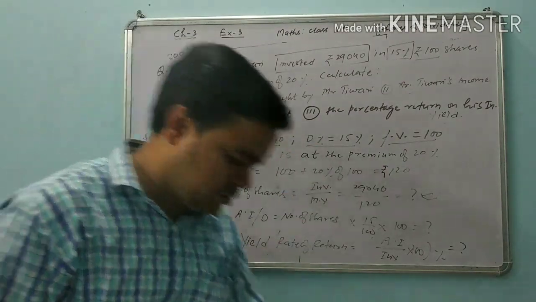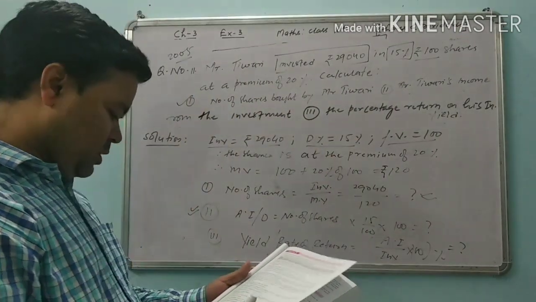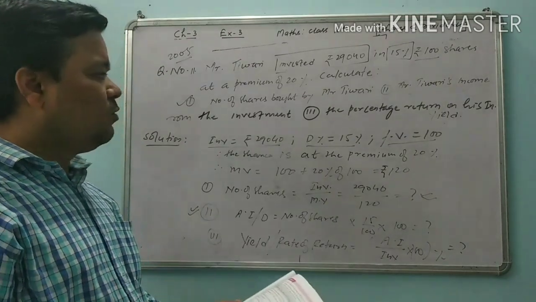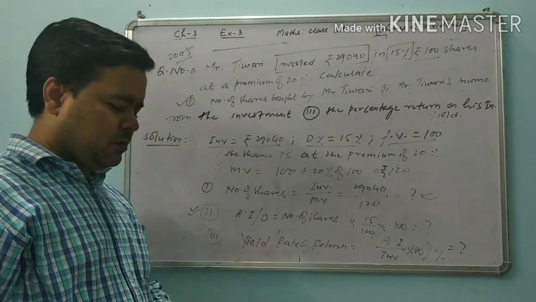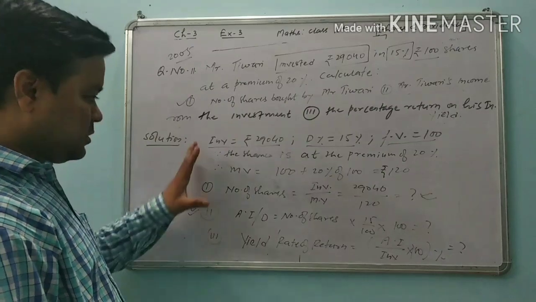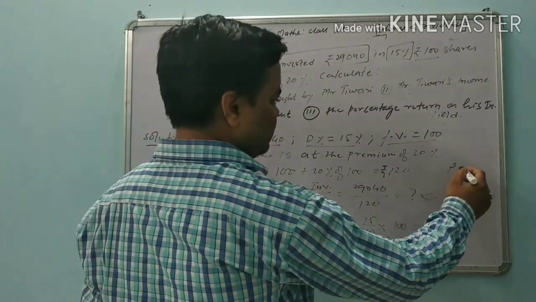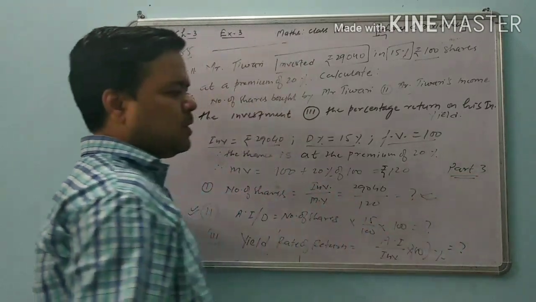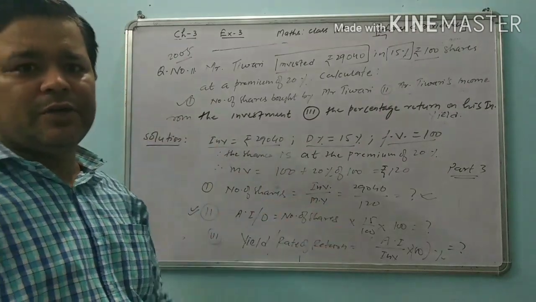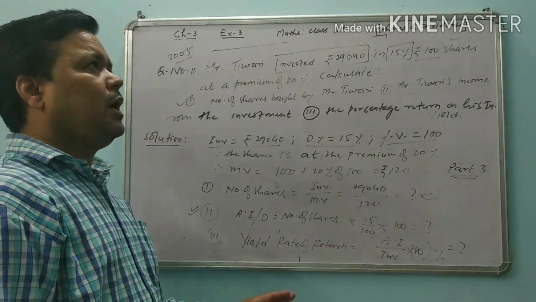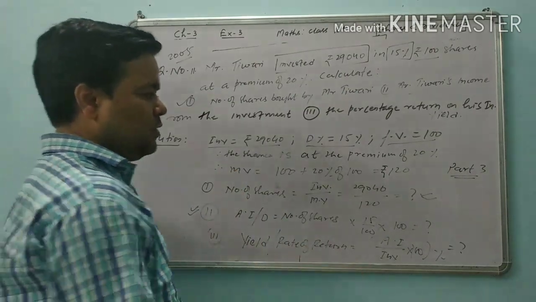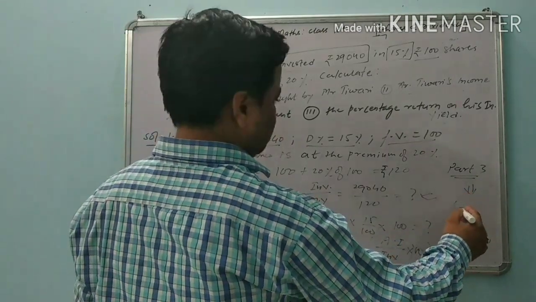And the other questions, given in question number 12, 13, 14 and 15, are also based on only those 5 formulas that I explained last week. Okay. So this part of the video is part 3. In the first part of the video I told you about shares and dividends. In the second part I told you about the quotations and formulas and questions 1 to 5. This is the third part, in which we are discussing questions 6 to 15.